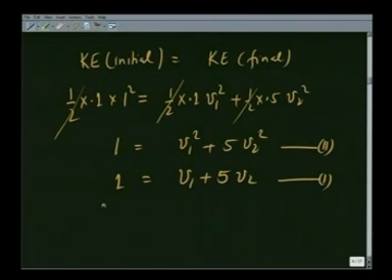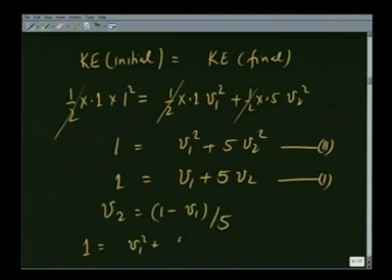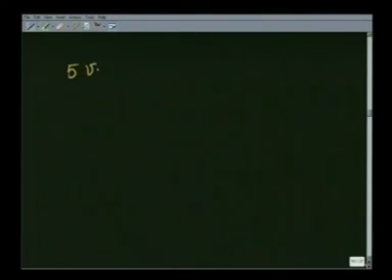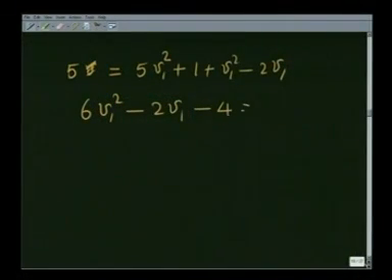So, I take the value of v2, which is (1 minus v1) over 5 from the first equation, and substitute in the second equation to get 1 equals v1 square plus 5 over 25 times (1 plus v1 square minus 2 v1), and therefore, I get 5 is equal to 5 v1 square plus 1 plus v1 square minus 2 v1, or 6 v1 square minus 2 v1 minus 4 is equal to 0, or 3 v1 square minus v1 minus 2 is equal to